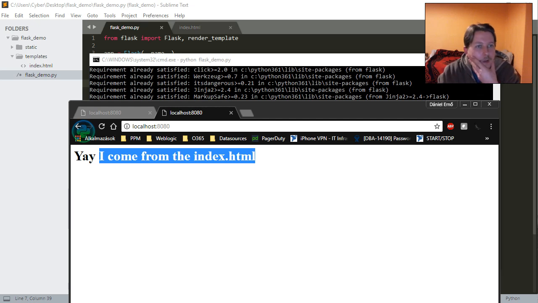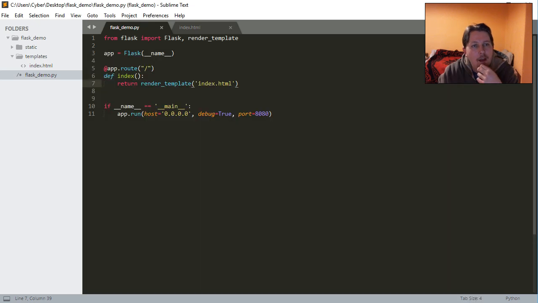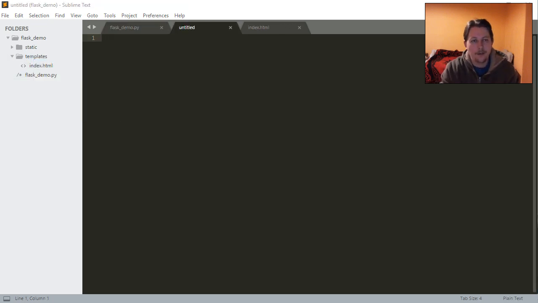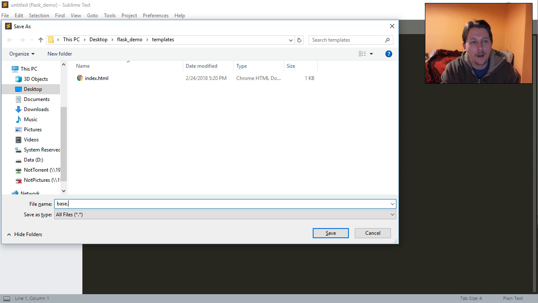Okay, Flask uses the so-called Jinja template framework, and this Jinja template framework allows us to, let's say, build more sophisticated sites. I will show you what I mean by this. So in the templates, if we create a base.html